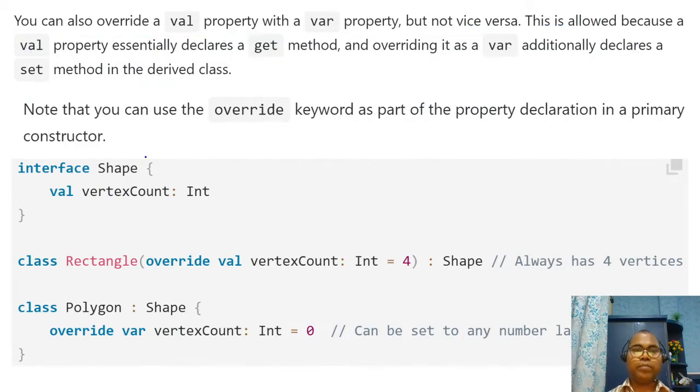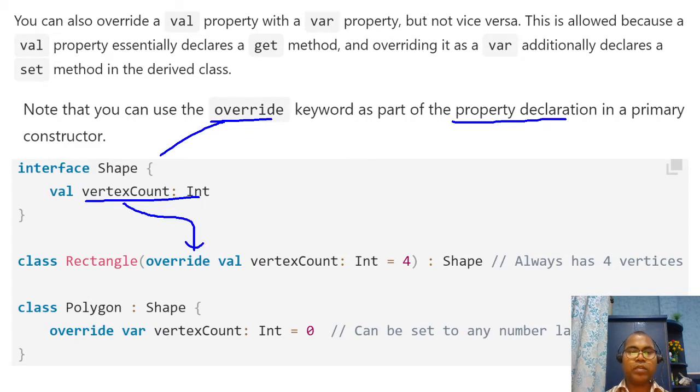Similarly, you can use the override keyword as part of your primary declaration in any constructor. If you have a shape interface with a value, var count, you can override it inside the constructor as well.